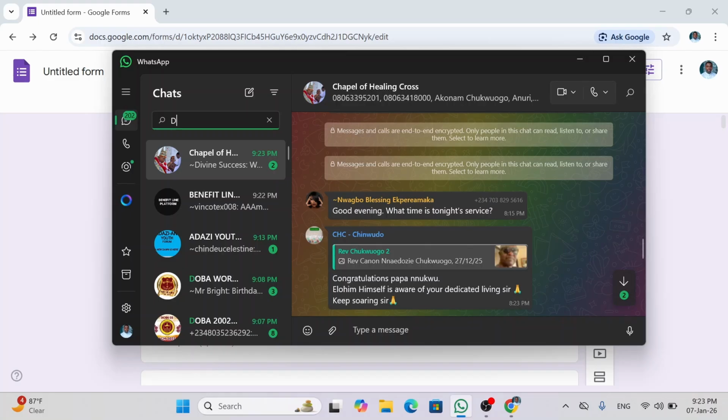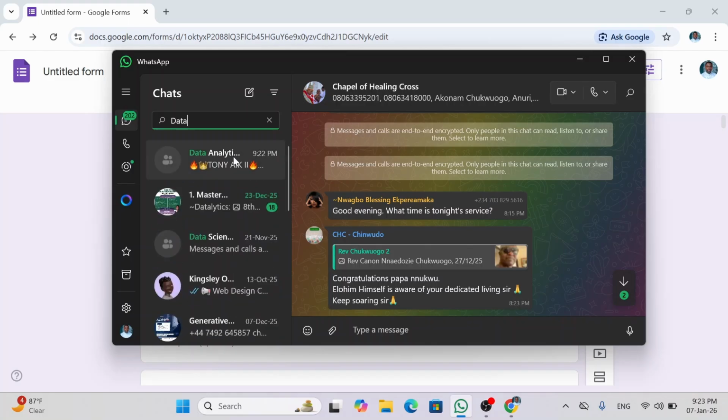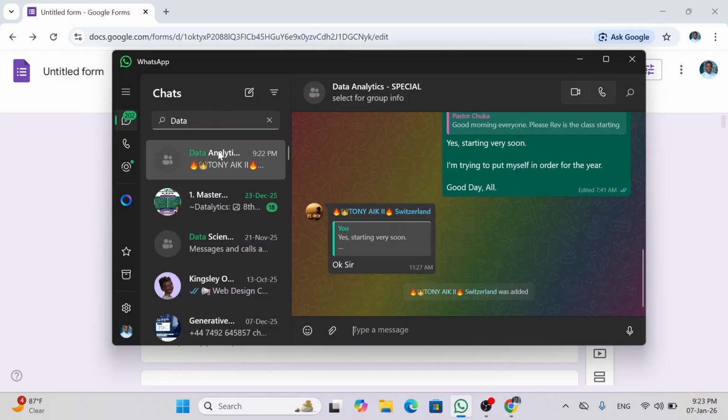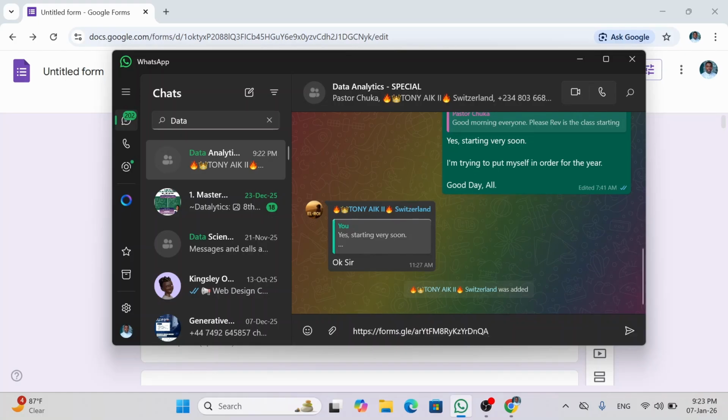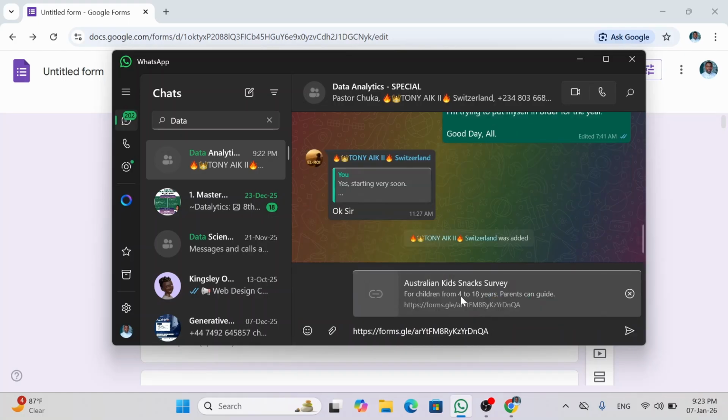And so now that my WhatsApp is open, you can see the group where I want to post it, data analytics special. So I will simply paste. You can see the form, the link. I simply paste Australian Kids Snack Survey for children from 4 to 18 years. And then I can give a space and type, please fill out this form